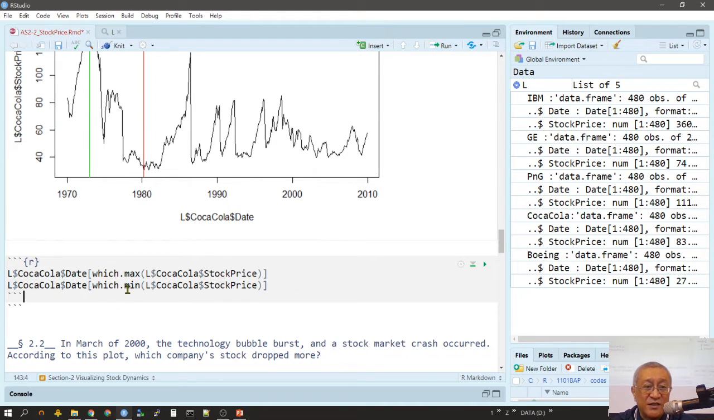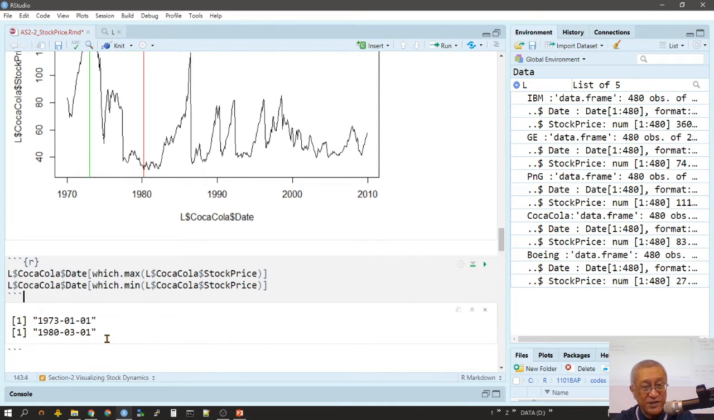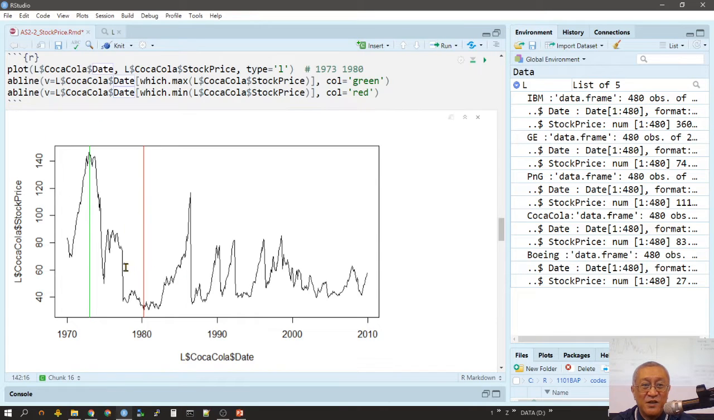Because you want to see the day of the maximum stock price and the day of the minimum stock price. So you can actually see the date, right? And here I just want to show you that you can actually, using this abline